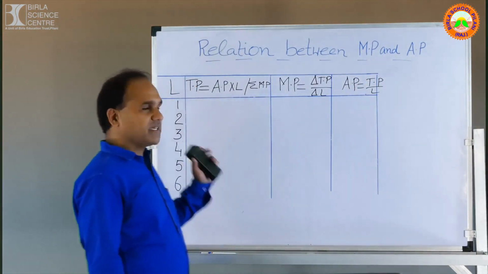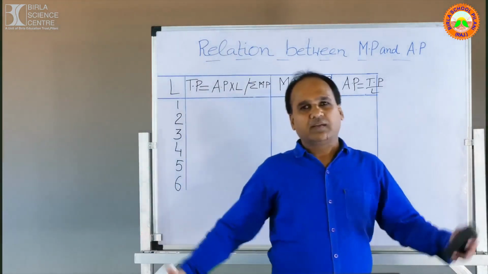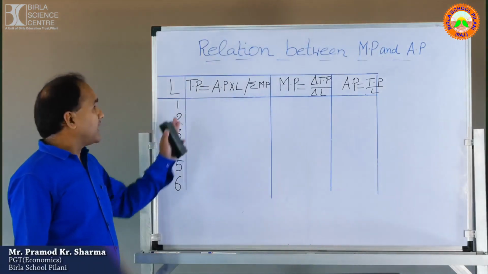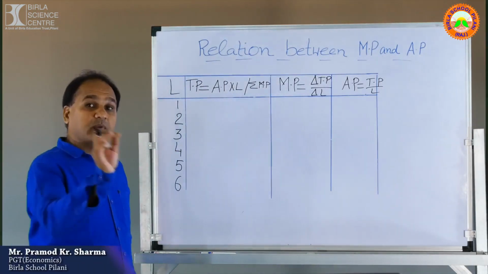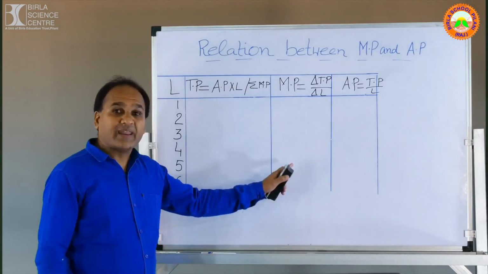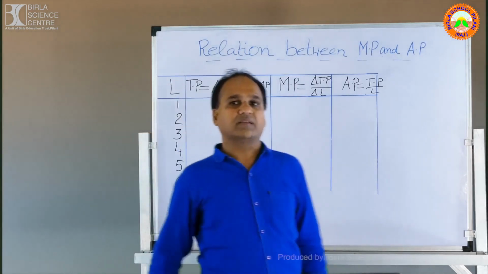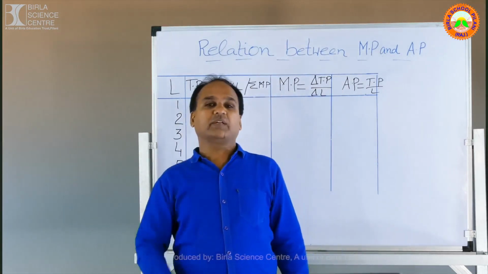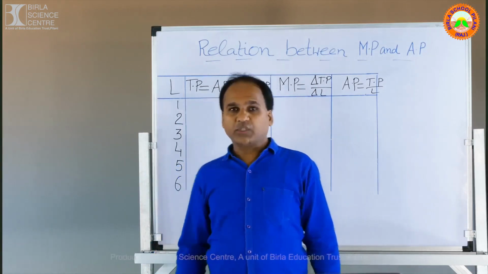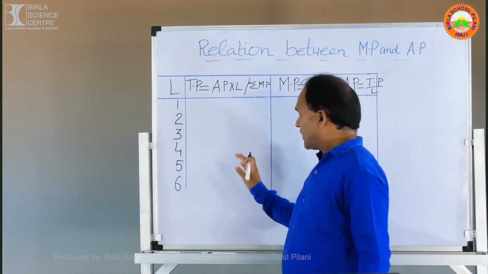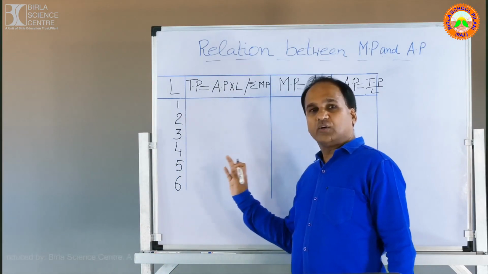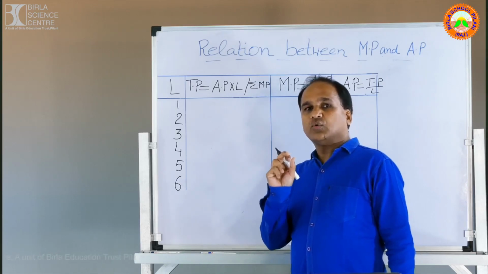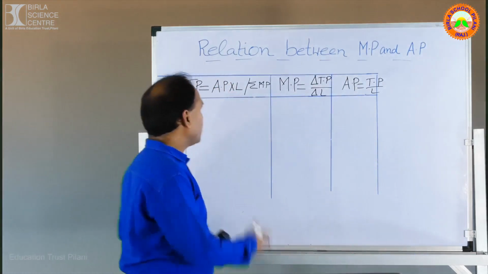Enjoy it, understand it, use your mind, how to calculate the sum. In the first column I have already taken labor 1 2 3 4 5 and 6. In the second column what values do I have to take? But before that you must remember, in MP at least one value will come as 0 every time. I am giving a 100% guarantee, every time you will get one value as 0. Now the question is how we actually get the value of 0. In the second column you have to take 2 same values, you have to repeat the same value. I am just showing you with the help of an example.